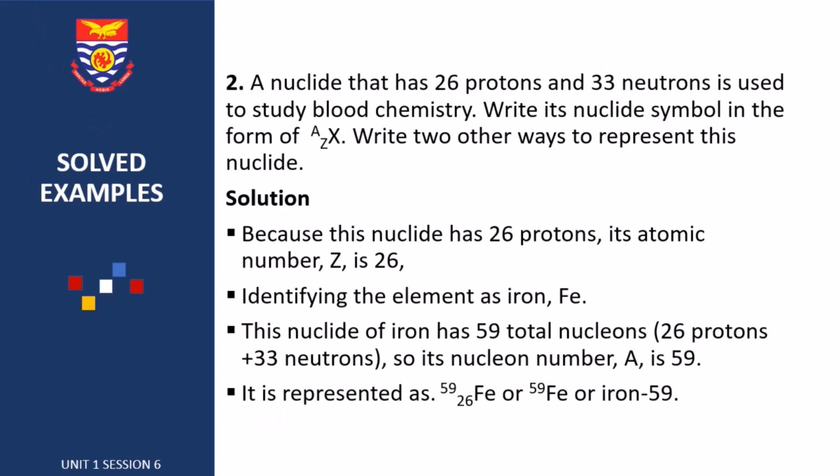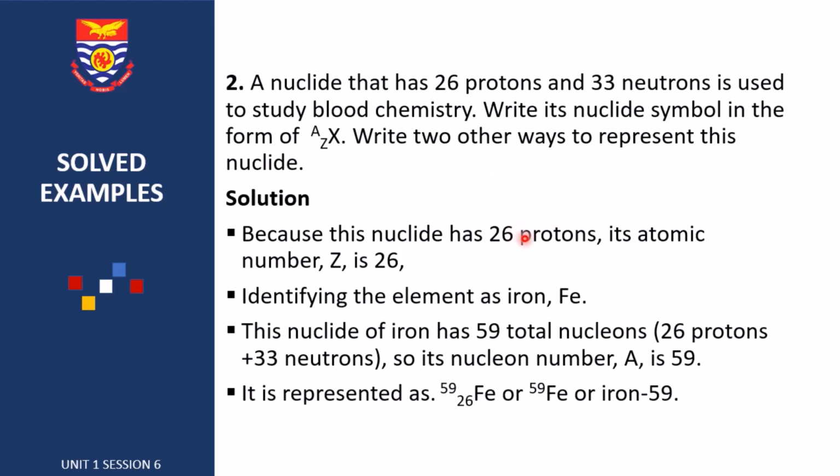Let us look at another example. In this example, they said a nuclide that has 26 protons and 33 neutrons is used to study blood chemistry. Write its nuclide symbol in the form of X, superscript A, subscript Z. Write 2 other ways to represent this nuclide. So the solution. The question says that there are 26 protons, which represent the number of